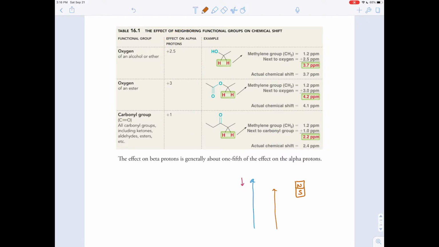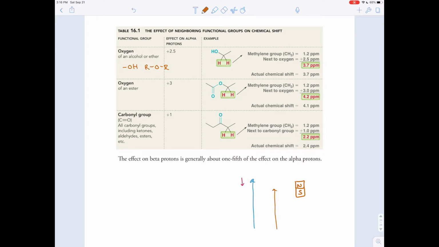So having these electronegative atoms nearby will increase the amount of energy that it takes to flip different types of hydrogens. Now if you have an alcohol or an ether, so that's just an OH or an oxygen with carbons